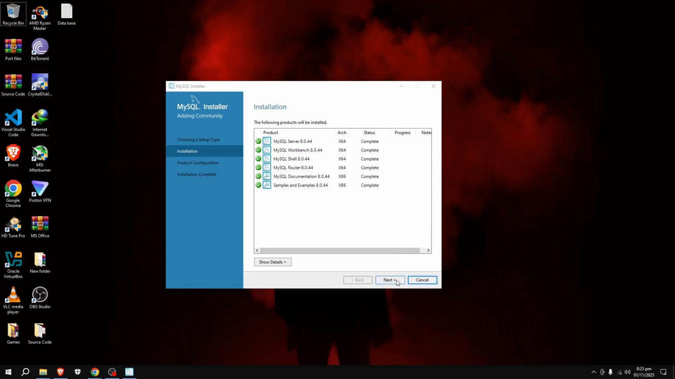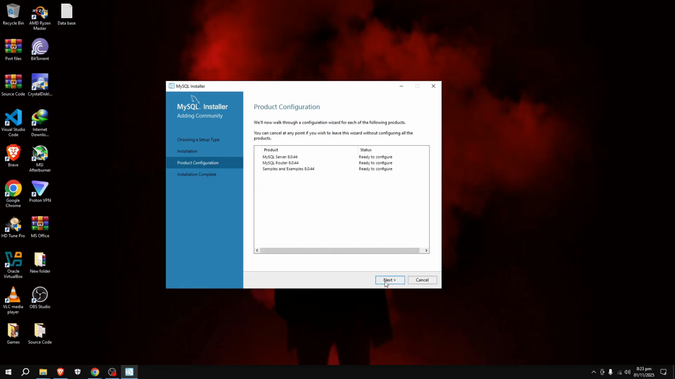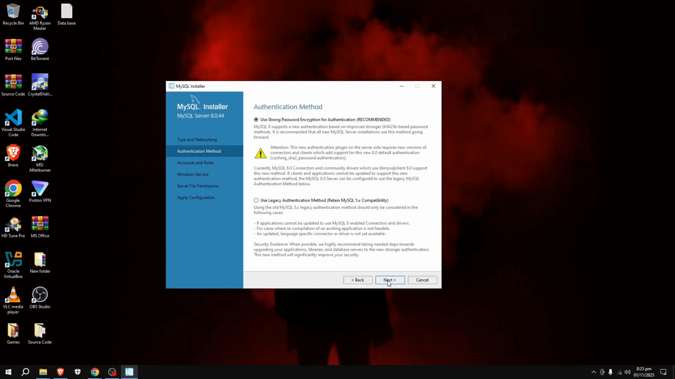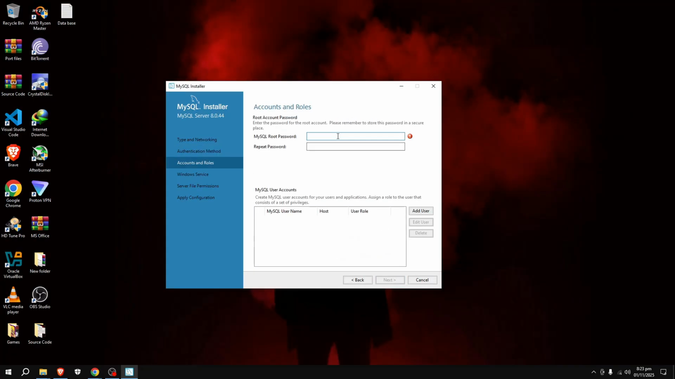So now click on next, click on next, again click on next, keep everything default, next. Now we will give a password to our MySQL. If you are using it for learning purposes, just give an easy password, but if you are using it for professional uses, then give a good password. I'm just using it for learning purposes, so I will give a simple password. Next,